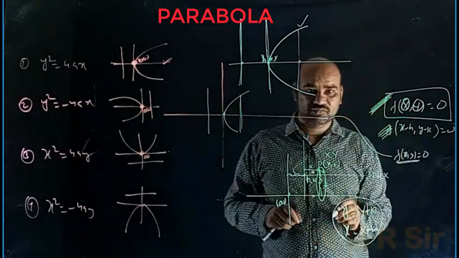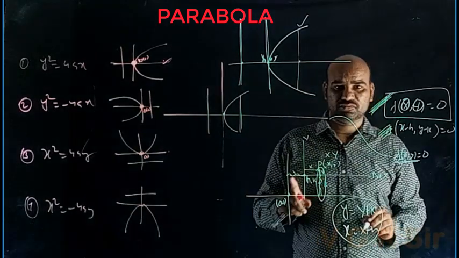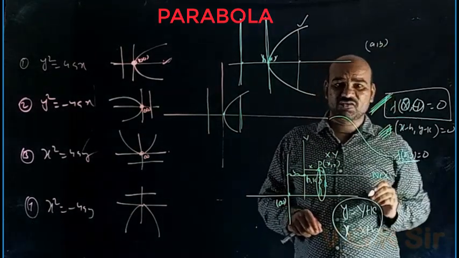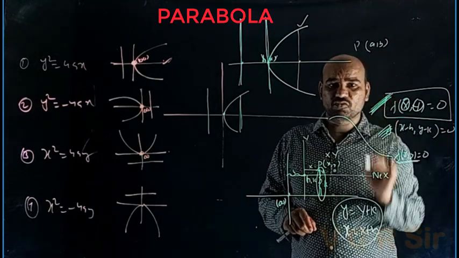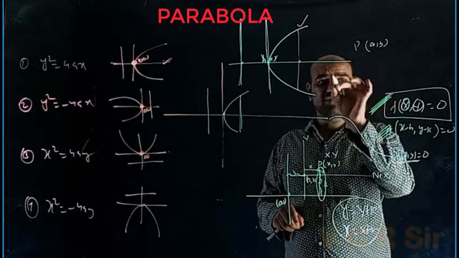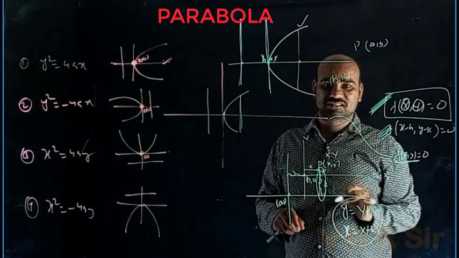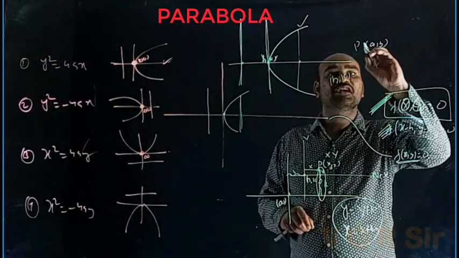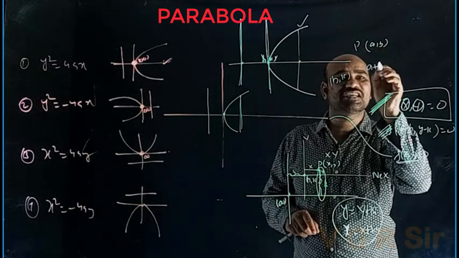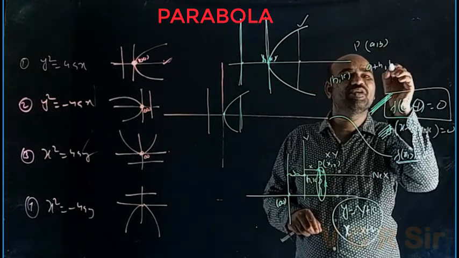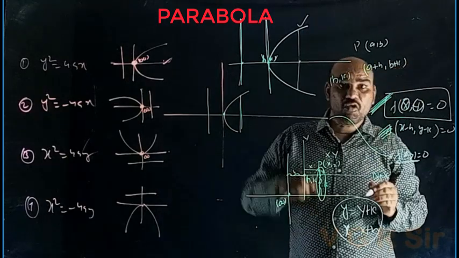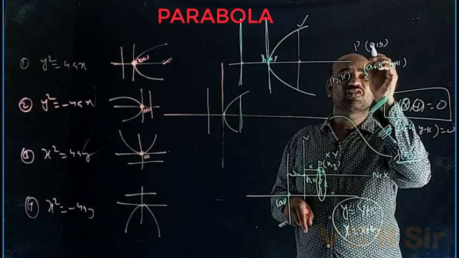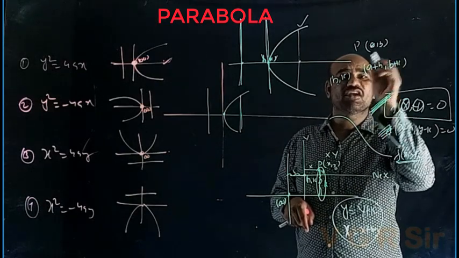Important note. If a comma b are the coordinates of a point P with reference to old axis, and origin is shifted to h comma k, what are the coordinates of P? How the coordinates of P change: I can say a plus h comma b plus k. This is important. The new coordinates are the older x coordinate plus h, older y coordinate plus k, you should write.